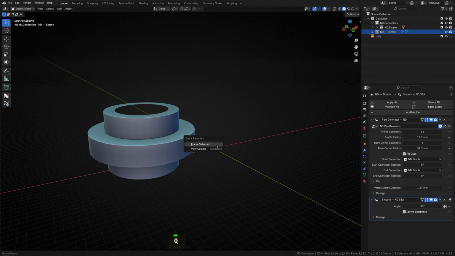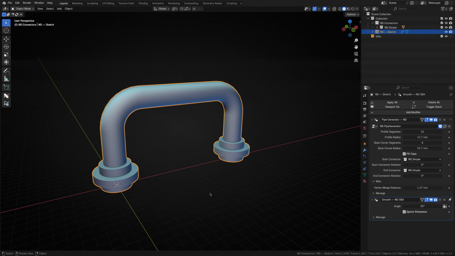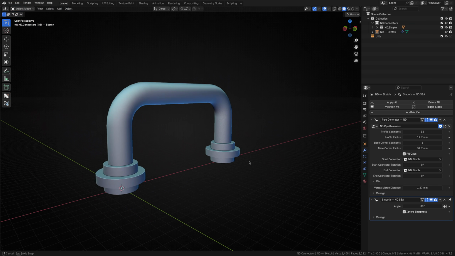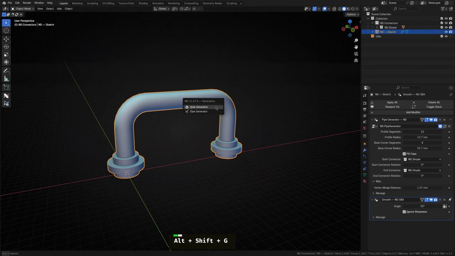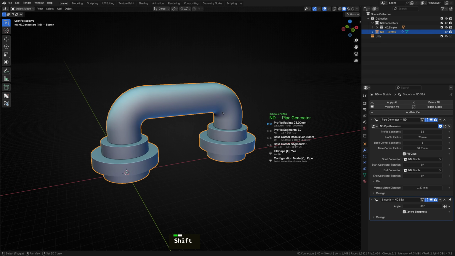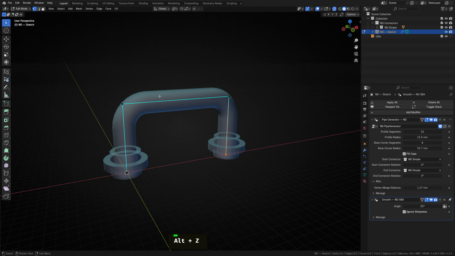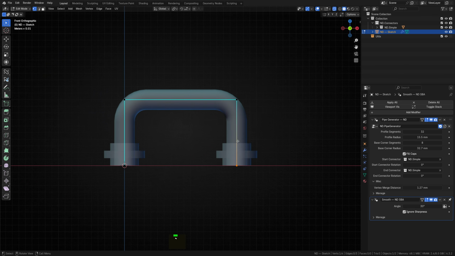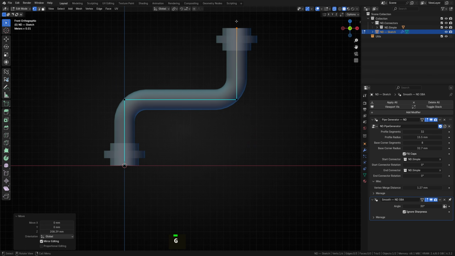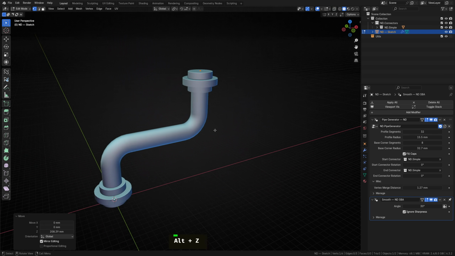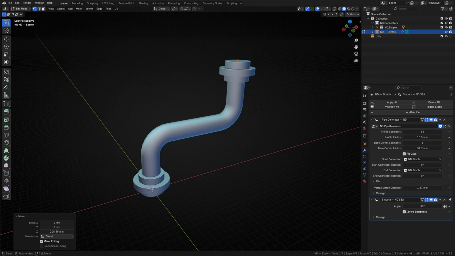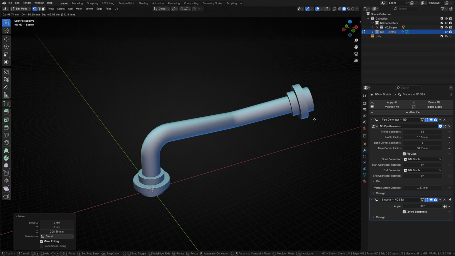If we look at our generated pipe, you can see that the connector has also been updated there. The other neat thing about the connectors, when they follow the rules I outlined, is that they scale gracefully with the pipe when you change its profile radius. This ensures the proportions always look correct. The incredible thing about this is that it's all still driven by a straightforward edge path. Making changes is extremely easy and satisfying. It also works in all 3 dimensions, so you're not limited to flat profile edges.